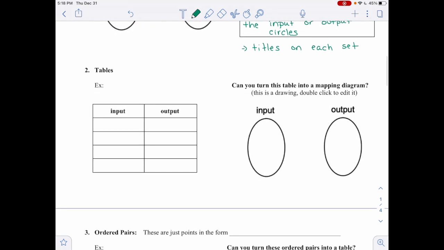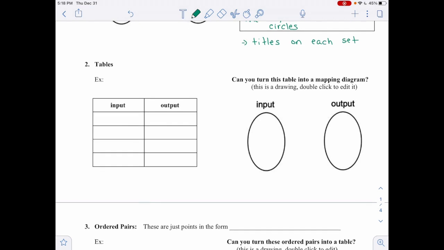So that's mapping diagram. The next thing I'm going to talk about is tables. Tables we should be familiar with. We've been working with them this year. We used them in Unit 1 when we talked about arithmetic and geometric sequences. So I'm going to pick some inputs. Remember, relations can be between anything. You can have food, you can have people, you can have letters, numbers, anything. So normally in this example, I use letters to relate it to what we just did in part A, but